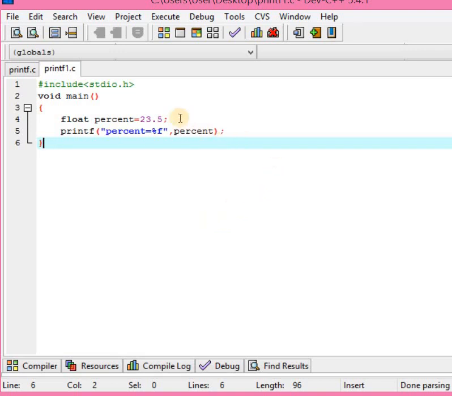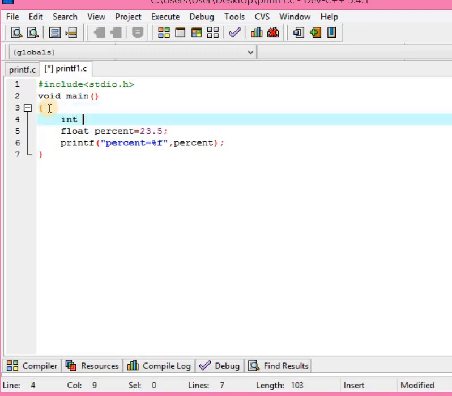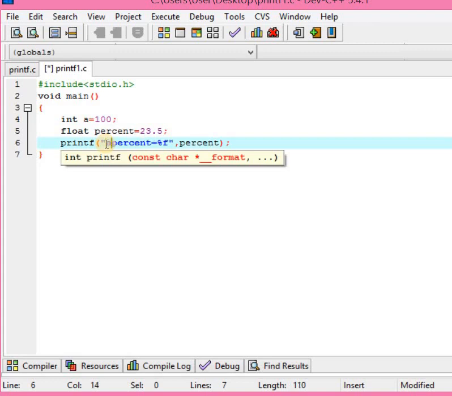If we use two variables, we can write int a equals 100 semicolon. Here we can write a equals %d and b equals %f.